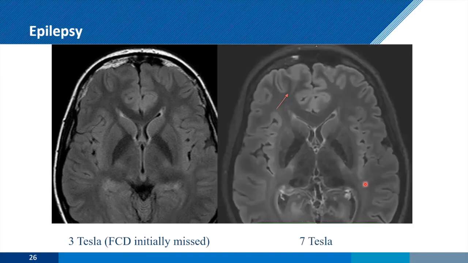And so when we took the same patient at 7T, again, here's where your extra signal to noise really comes in. And you can see here where the arrow is, we can see this over here. This is the dysplasia. It's a characteristic sign of it. It points in towards the center of the brain. And if you go back onto your 3T, then maybe you can make it out. But the confidence that the epileptologist would have in making that diagnosis is far, far higher at 7T, again, simply because your SNR is allowing you to make thinner slices, higher spatial resolution, and that's increasing your contrast to noise ratio.